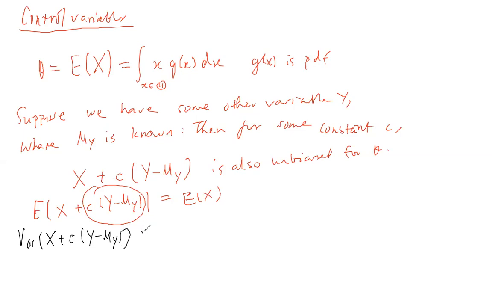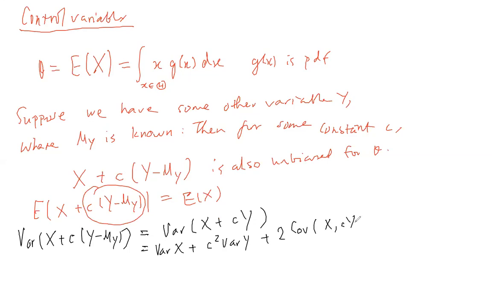Right, so this will be the variance of X plus cY, right? Because the other part you expanded is just a constant, right? c times mu_Y is a constant, so the variance of the constant is 0. So over here you have the variance of X plus c squared variance of Y plus 2 times the covariance of X and cY, okay? And that will give you variance of X plus c squared variance of Y plus 2c. This constant you can take out, right? Covariance of X, Y, okay? You can take it out because